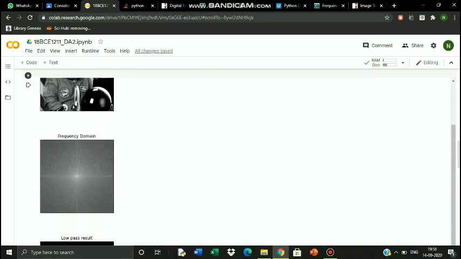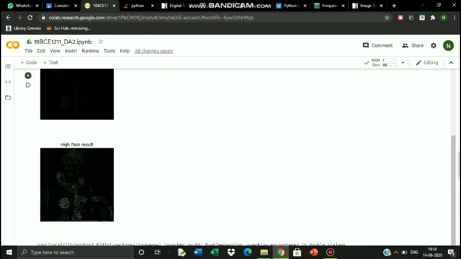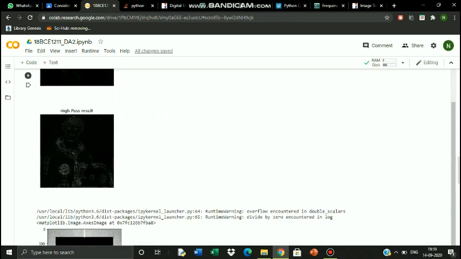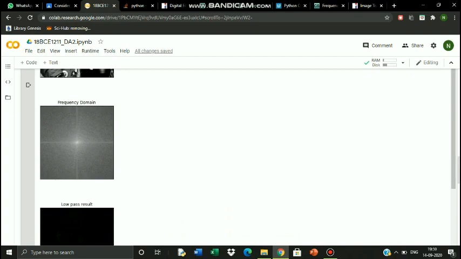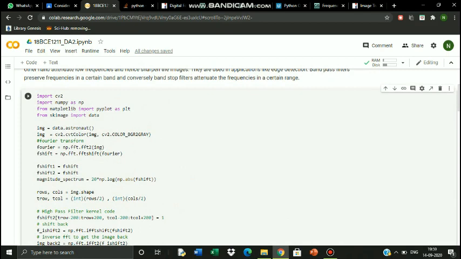This is the input image frequency domain. Then this is the result after applying the low pass filter, and this is the result of applying the high pass filter. As we can see, edges are clearly displayed in this image, indicating the high frequencies have been allowed to pass through. Now maybe if we change the image, we can see for a different image how the high frequencies and low frequencies are treated. So let us try to change it to coins.